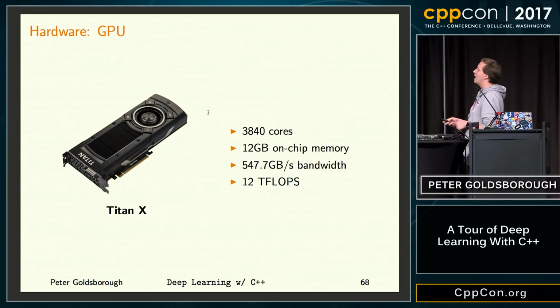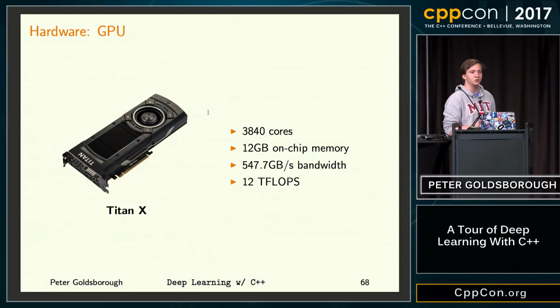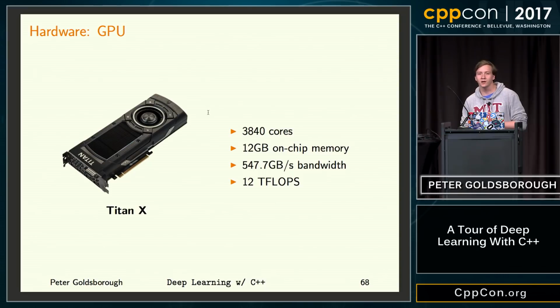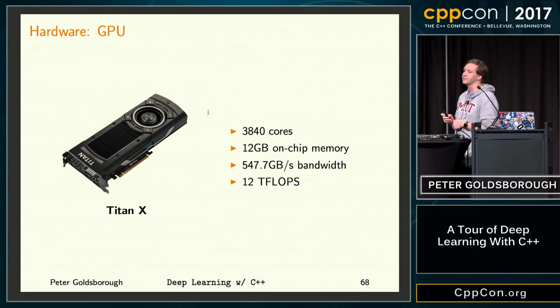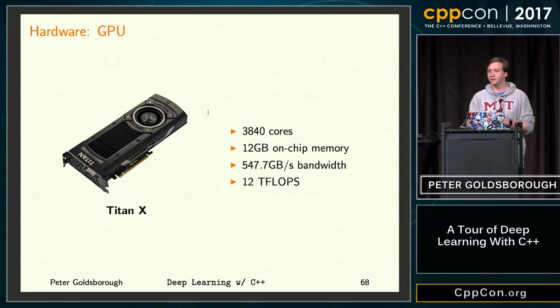To give you an idea, training on a particular data set called ImageNet, which has around 1.5 million images, on an Intel Xeon Phi takes around 43 days, and on this Titan X takes 6 days. So that is quite a reasonable difference, and of course there's lots of optimizations afterwards.